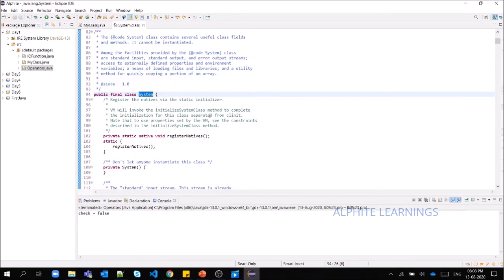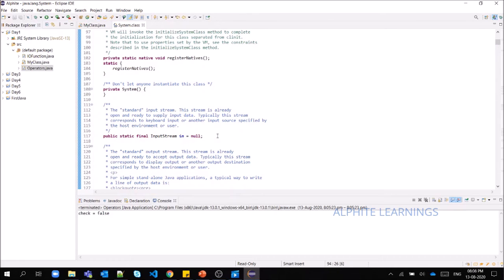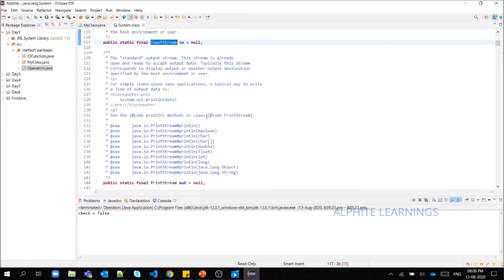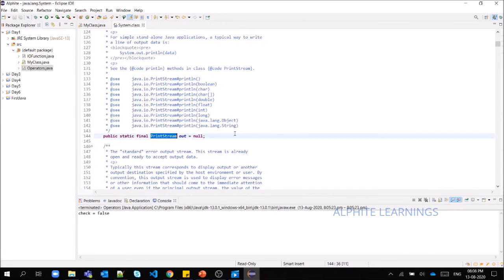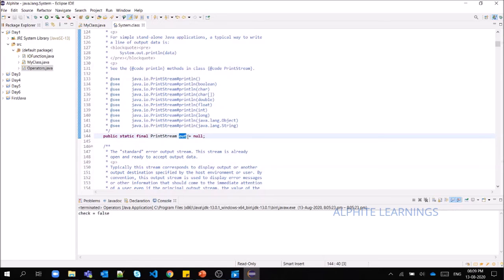This is a predefined class available in Java, which handles input output operations. Here we have InputStream and PrintStream. Whenever you are printing something, obviously it is an output. So this is a class, and next is out.